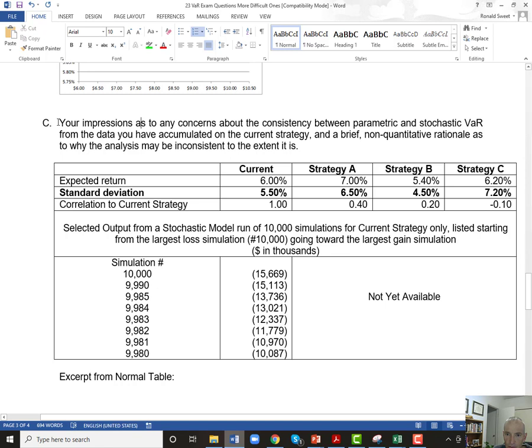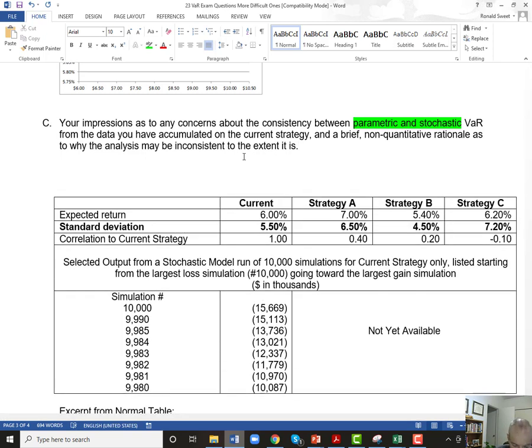And so we'll ask the question here, do we have any concerns about parametric versus stochastic? And so here we ran a simulation just of the current strategy. So here we're only looking at the current strategy. We don't know about A, B, and C. And so our current strategy has the parametric VAR at 0.2% of the current strategy equals,